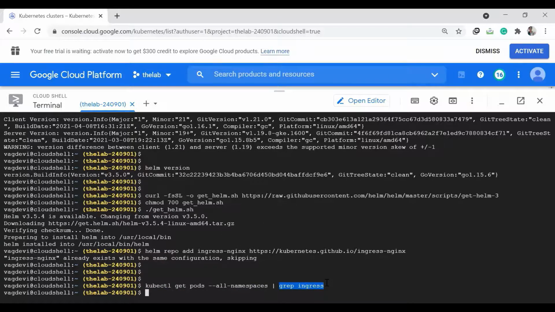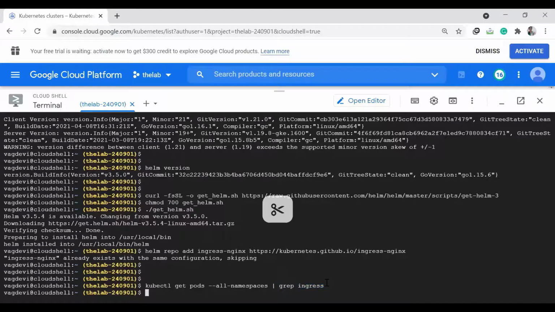Okay. So basically, whenever we download and install this Ingress Nginx controller, it will always have the word Ingress in that name. So we are just trying to see if there is any Ingress controller already set up for our project. So there is no such thing because we haven't done anything yet till now for this project, right?